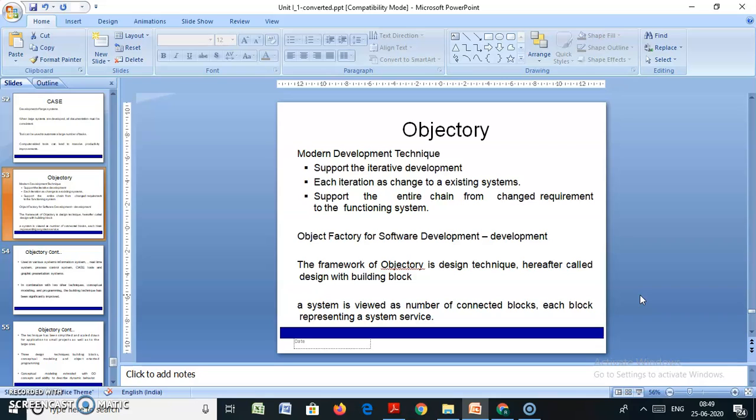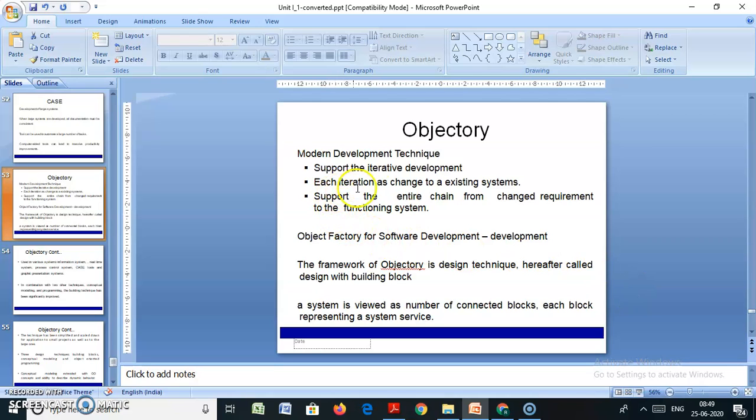The life cycle consists of all activities, that means analysis, construction, and testing. In each iteration we perform all these activities for developing a part of the product. In iteration 1 we develop part 1, and in iteration 2 we develop part 2 of the same product.